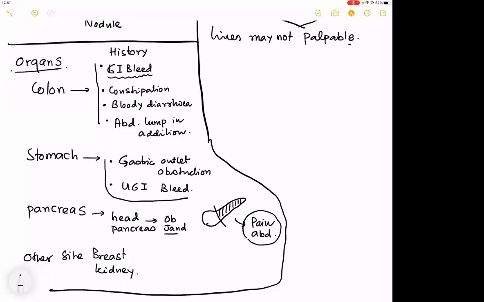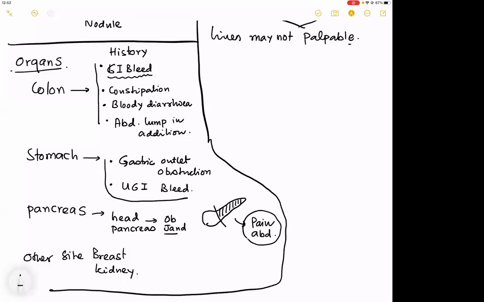Sir, stomach is the important one, new onset dyspepsia. Again, sir, this is not a stomach cancer class. We will talk about stomach cancer class. If you are required to take a history, examiner will ask, what are the histories that you will take? You can elaborate. This is just a priming. You can elaborate more. But examiners will ask, what will you like to ask? Colon, stomach, pancreas, other sites.